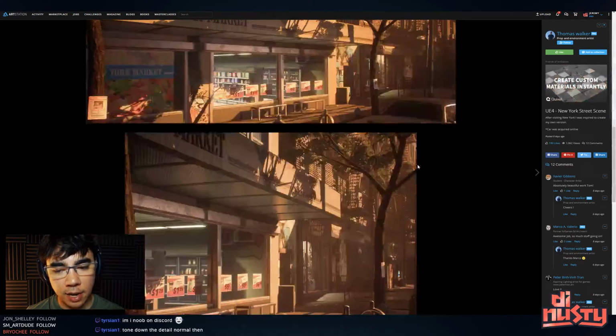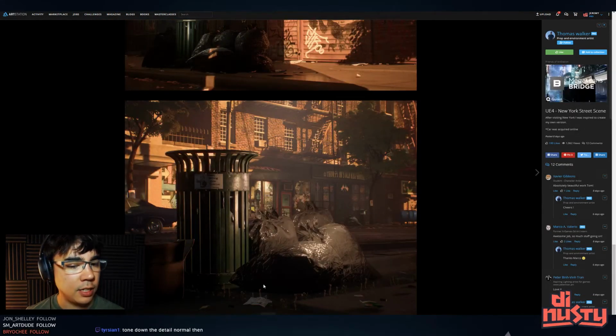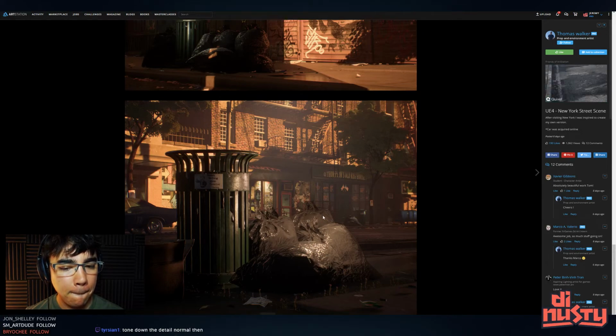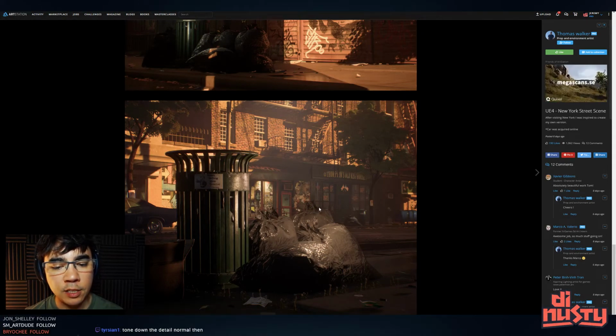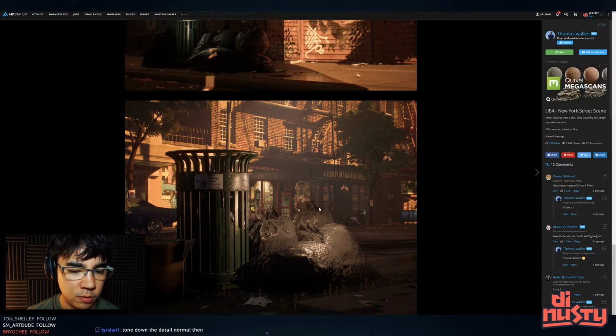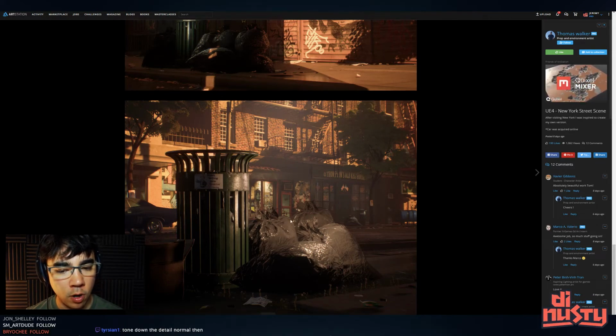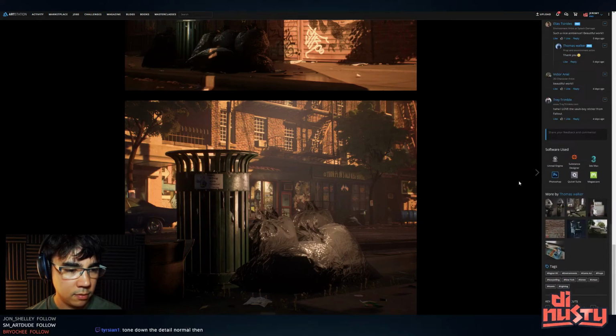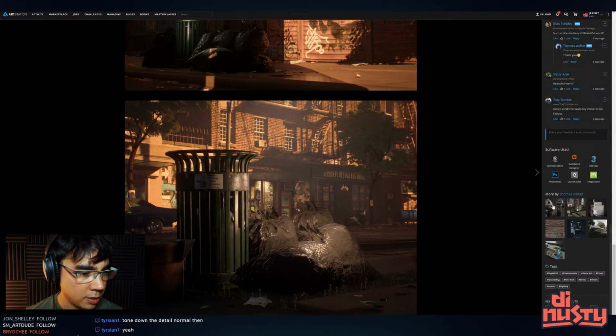Yeah, tone down the, I don't think you actually need a detail normal on this. If you do, it's a very soft value that's being applied to the overall shape. Because like the plastic bag and how you've, did you use Marvelous for that? No, you did not. Okay. At least I don't see it here. Oh, you didn't list Marvelous in here. I guess maybe you're limited to 6. But